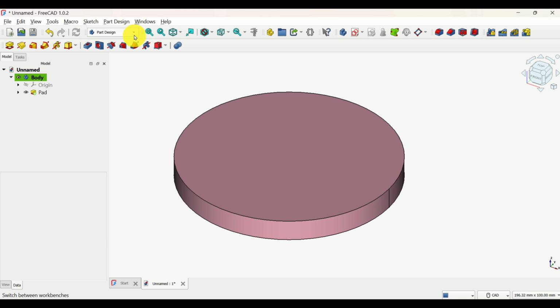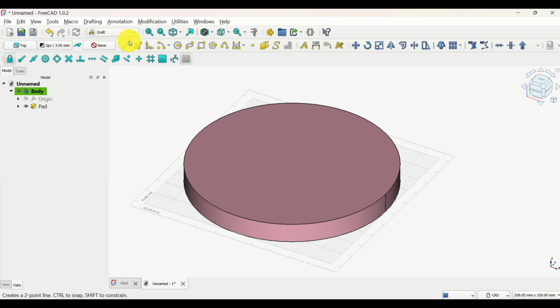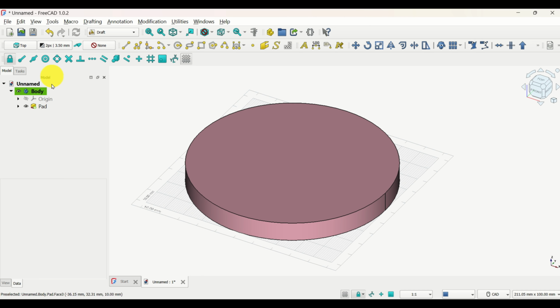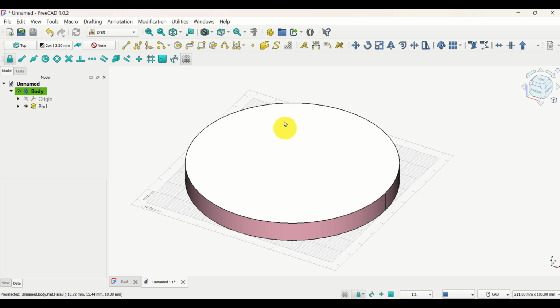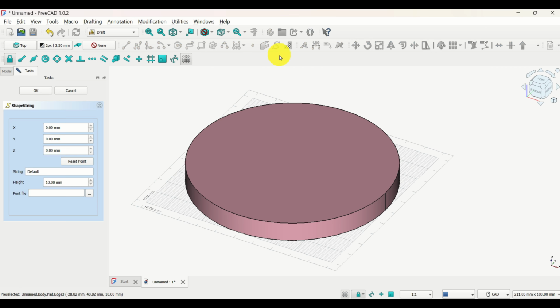To create the text, click here and over here click on Draft. That is, we need to open this drafting menu. Now, locate this option Shape from Text. So let's click over here and you will see this Shape String menu. First of all, we need to select a point. Let's click here